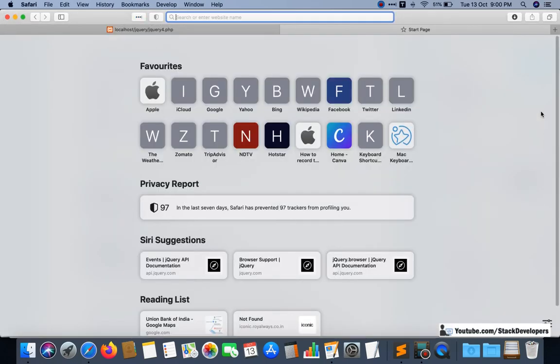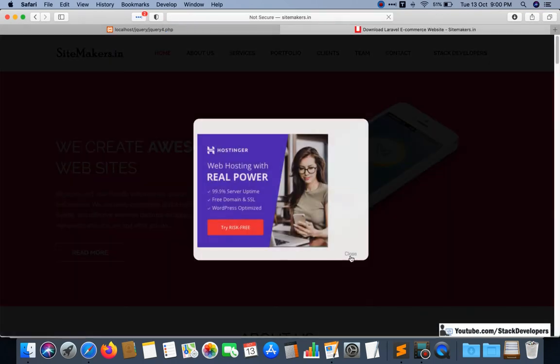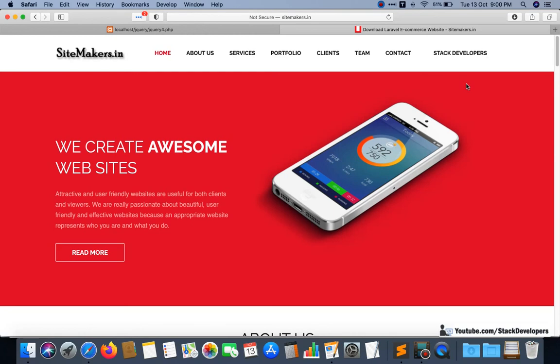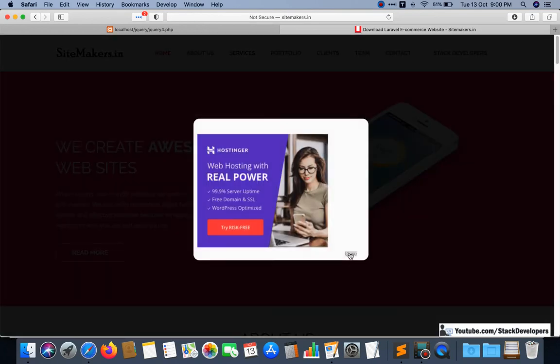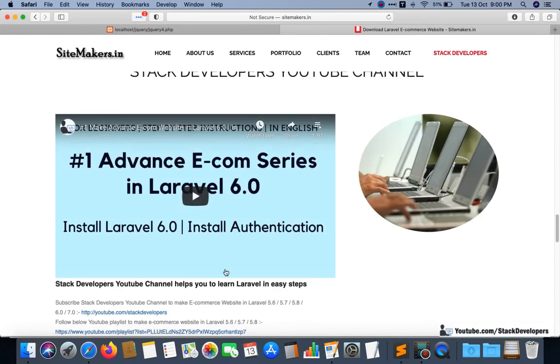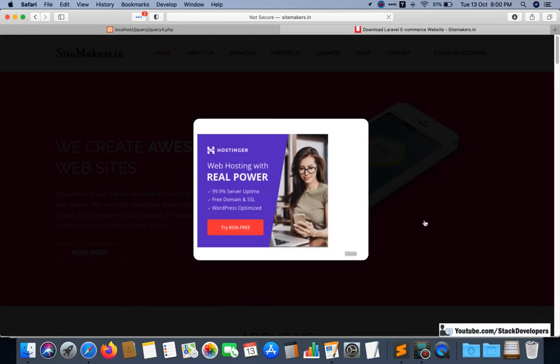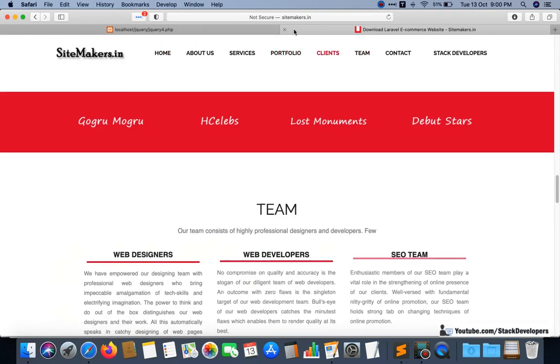I am going to give you live examples of events as well. Open my website, you can open sidemakers.in. Here you can see this close is an event also. If you click on this close, that is a kind of event. If you click on this tag, developers, it is also an event. You click here and it performs such a kind of action, this is also an event. And the loading of the page is another event. All these are called events.